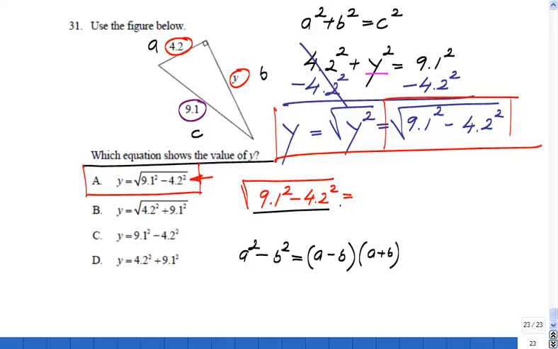So you just rewrite the whole thing as 9.1 minus 4.2, everything multiplied by 9.1 plus 4.2,